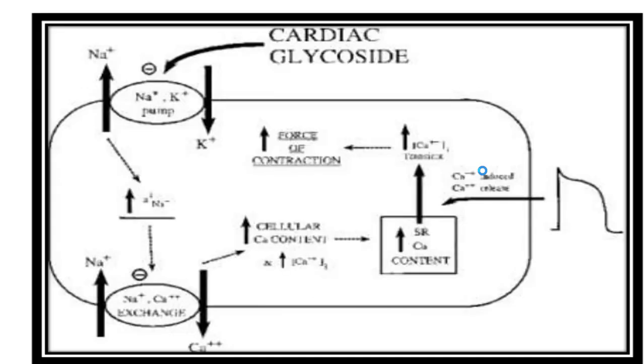It will decrease the sodium gradient from outside to the inside. You can understand this here in this direction. So this is the sodium potassium pump. This digoxin, a cardiac glycoside, has a negative effect over this one. So when it occurs, the sodium which was moving out is now not moving out and will remain in the cell. This will cause an increased concentration of sodium inside.